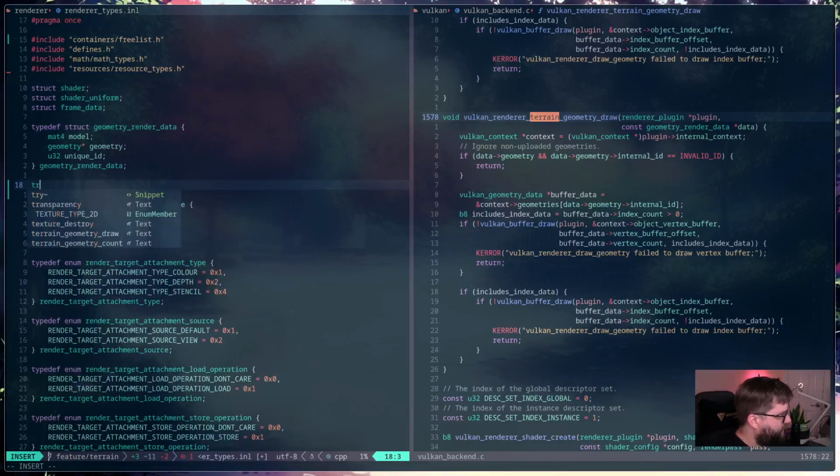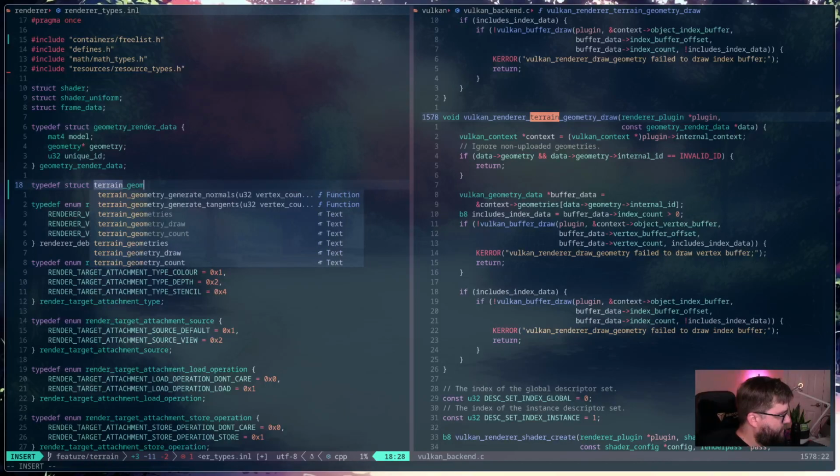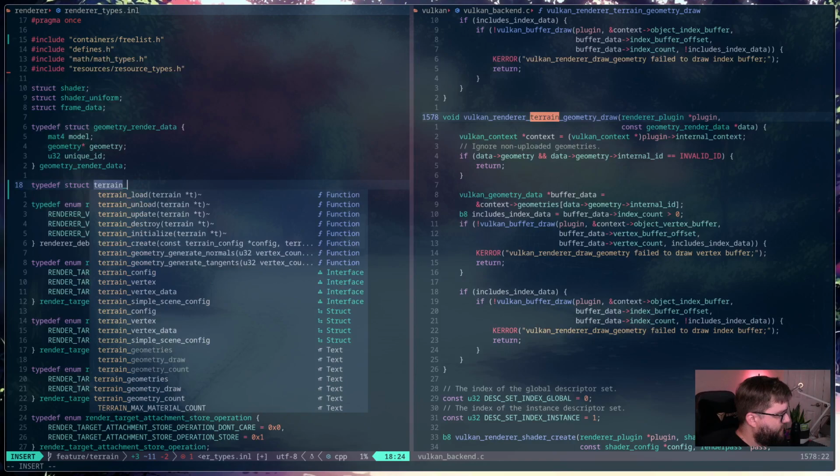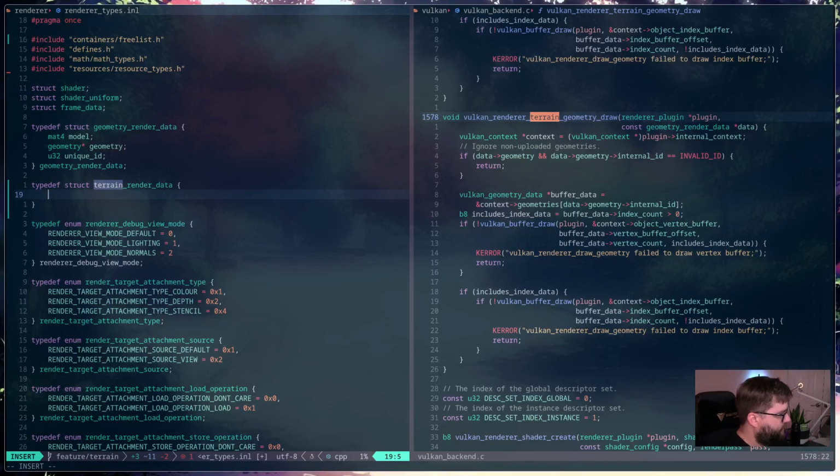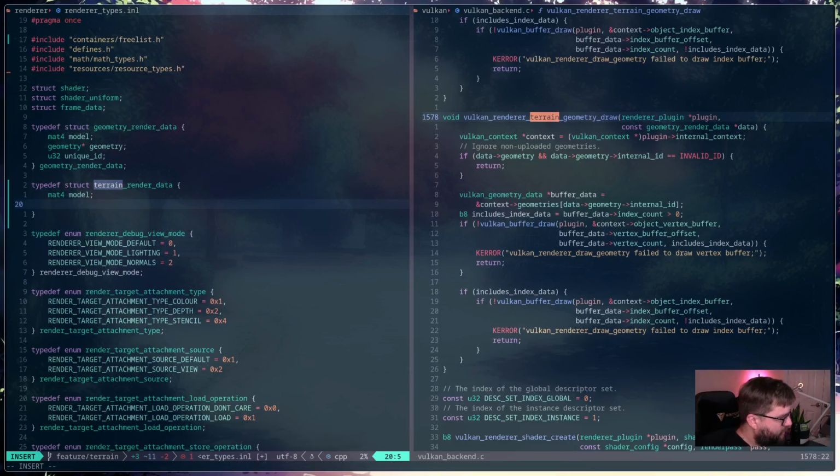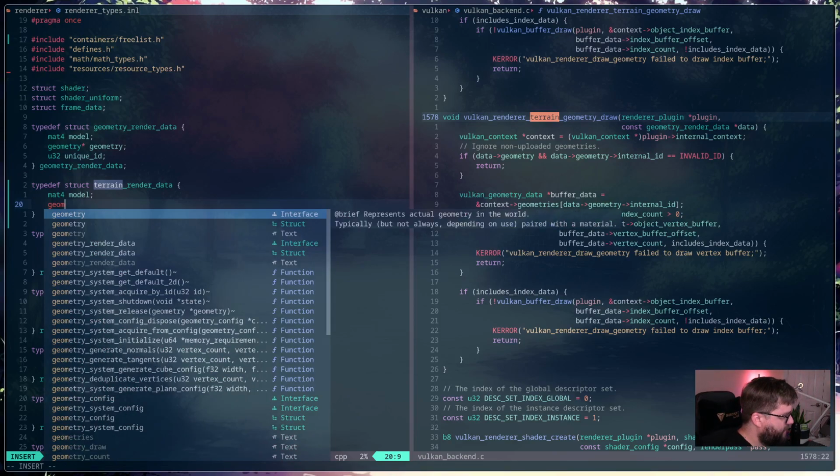So typedef struct terrain geometry. You know what? I'm going to say terrain render data. And we'll have a model matrix, which again isn't really needed here. This is more of a packet thing. It's a way to package them all up, to pass it off to the view, and then the view passes bits off to the renderer in different phases. So I'm wondering if this package even makes sense anymore, but I'm going to roll with it for right now. So I'll say geometry,